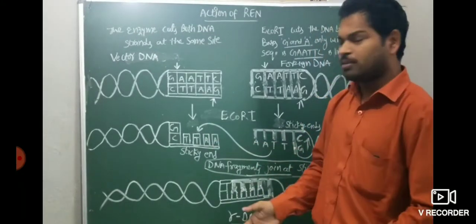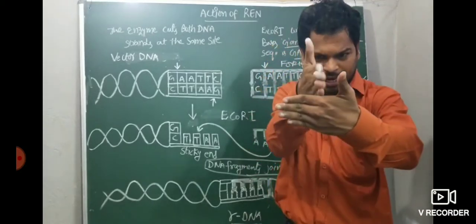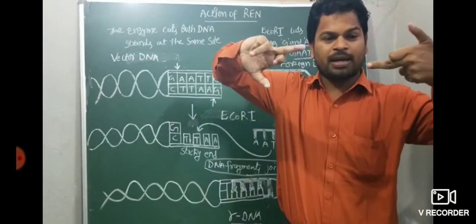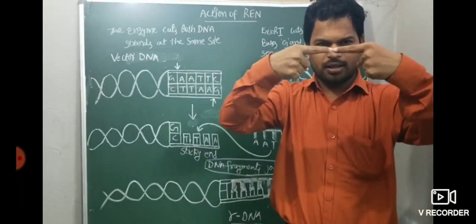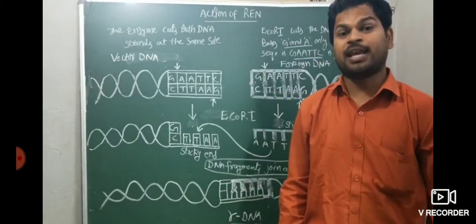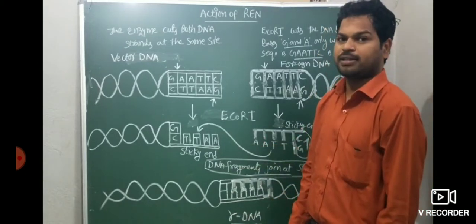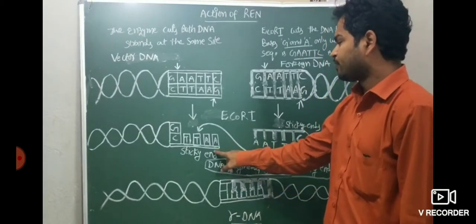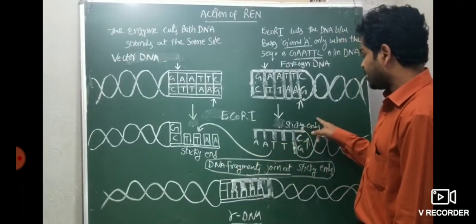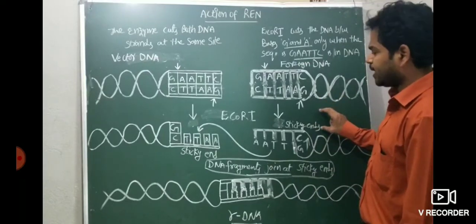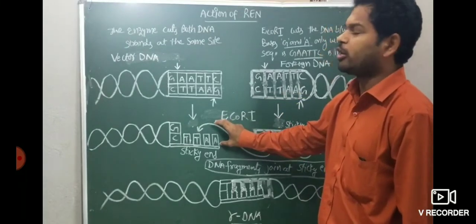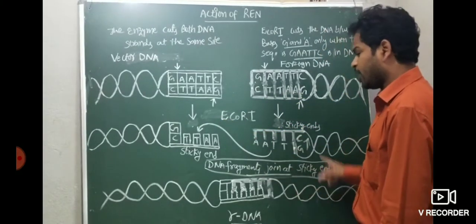If it does not produce sticky ends, it cuts exactly the middle of the sequence, the center of the sequence. That is nothing but blunt ends. But here we have sticky ends. The vector DNA has sticky ends and the desired gene DNA also has sticky ends. The sticky ends of the desired DNA ligate, or join, with the sticky ends of the vector DNA by the DNA ligase enzyme.